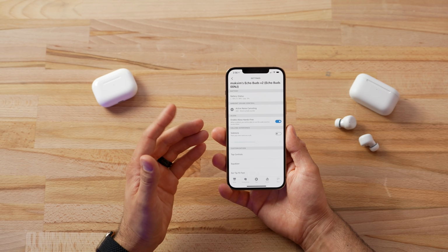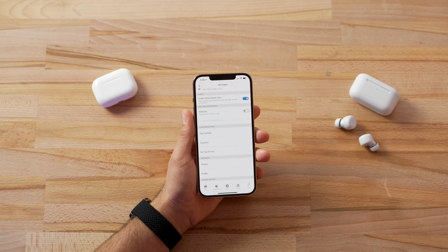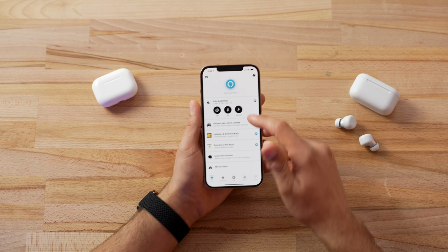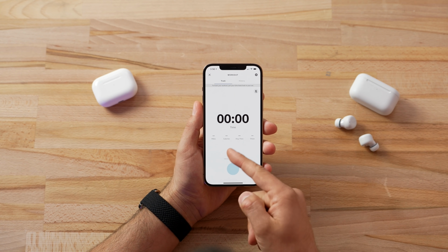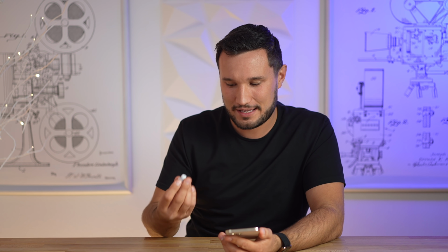And the next thing I want to cover is just the differences in the capability. I said that there's a couple other things that these can do. Of course, we already saw that equalizer. We have some different options, and you can customize what the controls do, so you're just tapping on the surface for that. And then there's something that is very interesting here. You can go back, and there is a workout mode where these buds will actually track your miles, calories, your pace, things like that. Now, I honestly am a little bit skeptical about that, but I haven't tried it. It just seems weird to have an earbud that can track that, and realistically, how accurate is that going to be? Of course, you're not gonna get that with the AirPods Pro, so that might be a feature that is